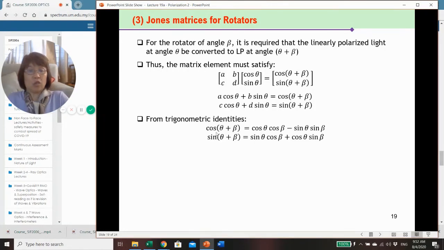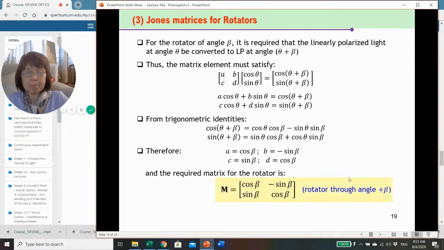We use the trigonometric identity for the sum of two angles. The cosine of the sum of two angles gives cos theta cos beta minus sine theta sine beta. And sine of the sum of two angles is sine theta cos beta plus cos theta sine beta. So comparing these terms with the terms on the left hand side,